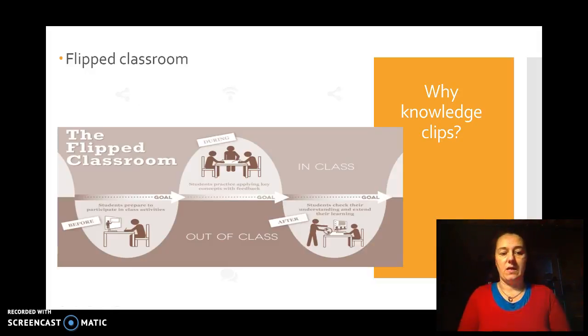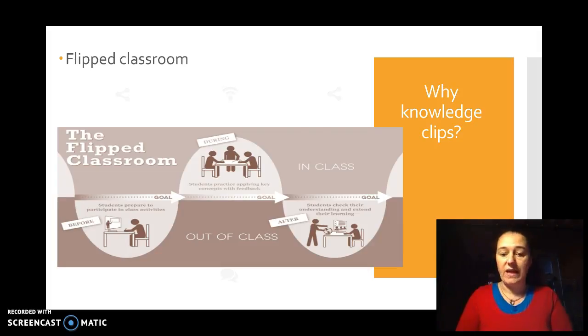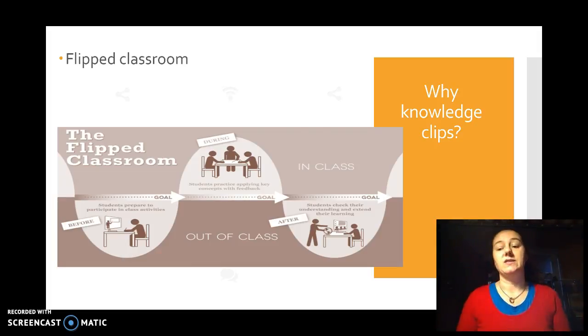Now, the idea of the flipped classroom is that before the class, the students prepare so they can optimize their participation in class activities. During the class, they participate, so the class is not full frontal lecturing, but working in groups, getting specific explanations. And again, after, the students check if they understood all the things, and they can extend their learning. So this is the idea of the flipped classroom. It's very modern and hot, so to say, in education. This is what we're trying to do more and more, because it seems to work better in terms of what